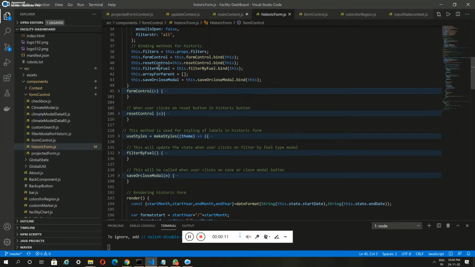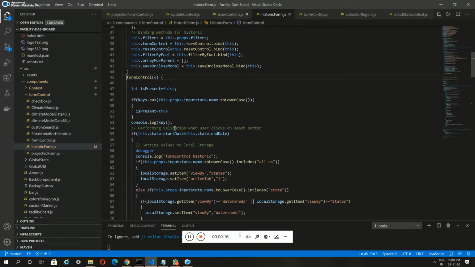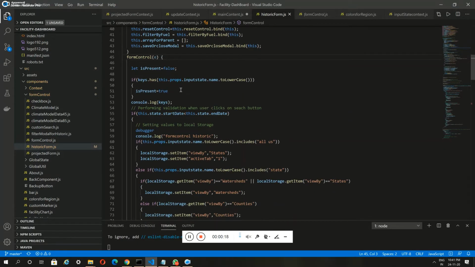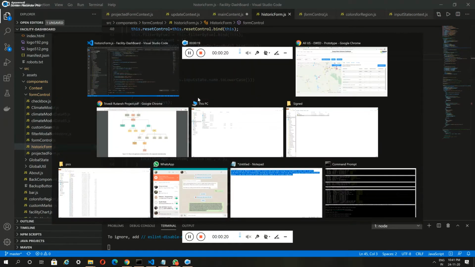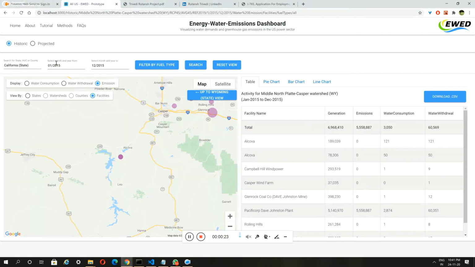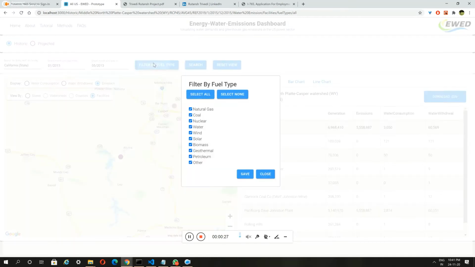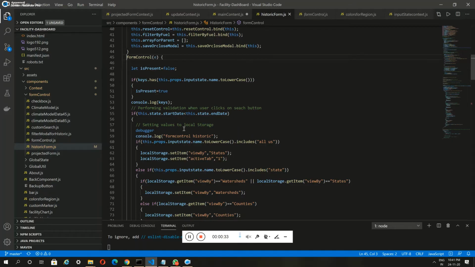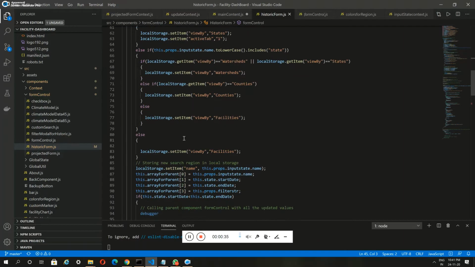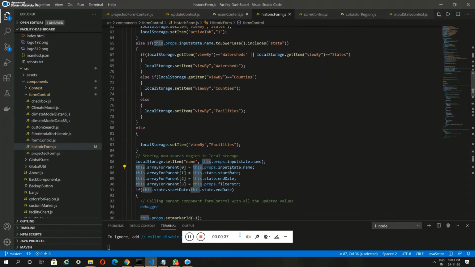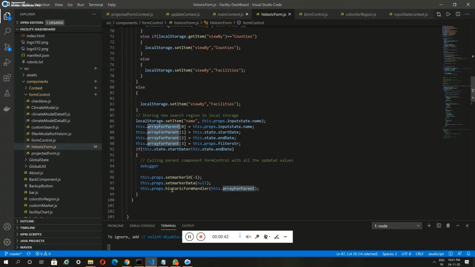That is why we have binded these methods inside the historic form. The form control method is going to take all the inputs that the user has entered in a form control. So if the user has entered, like, California state, the start date, end date, and filter by different filters, everything will be taken inside the form control event, and it is going to take those values inside one array,